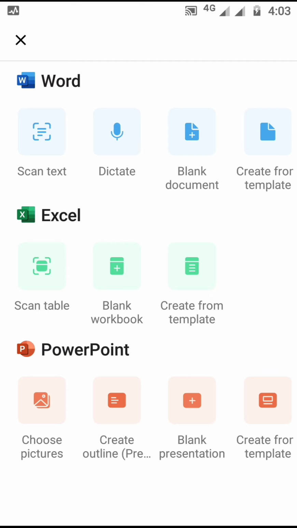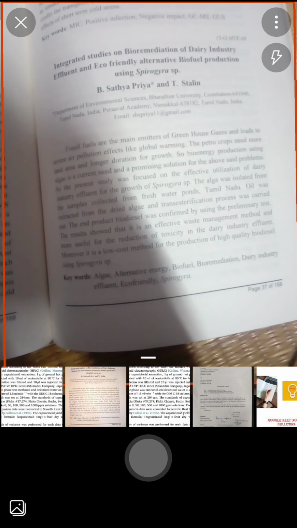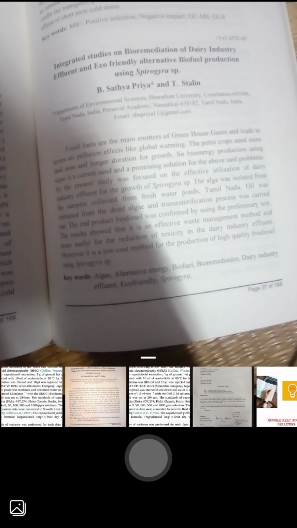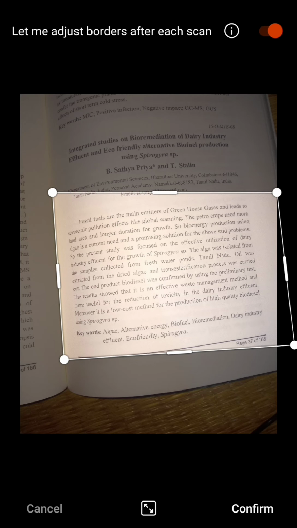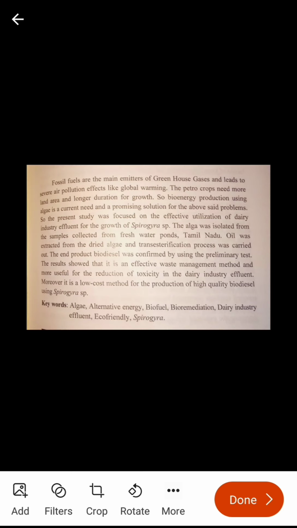Okay, so in this, if you want to create a Word document from a page, you just capture the page, and again just mark the margin here, then give confirm, done.